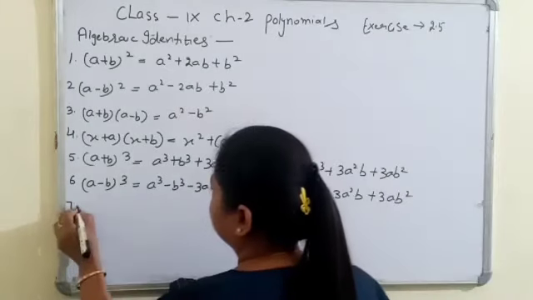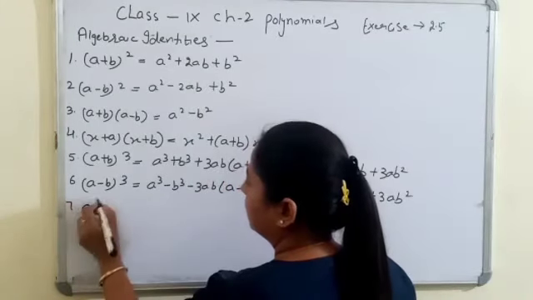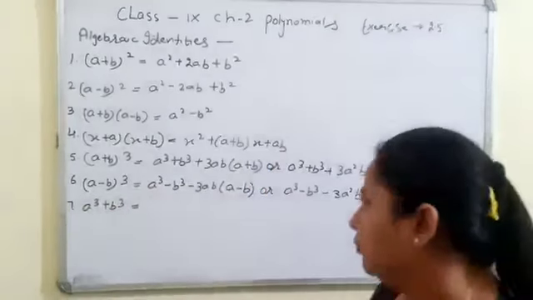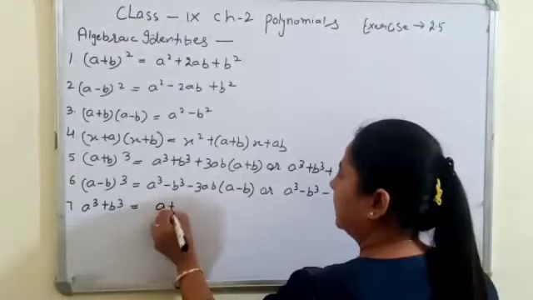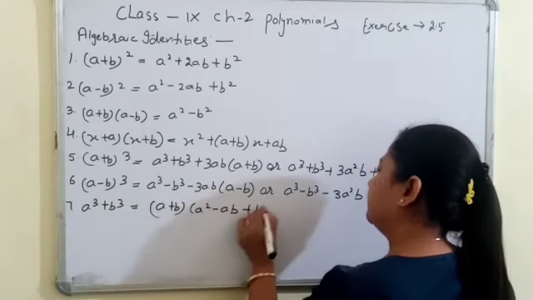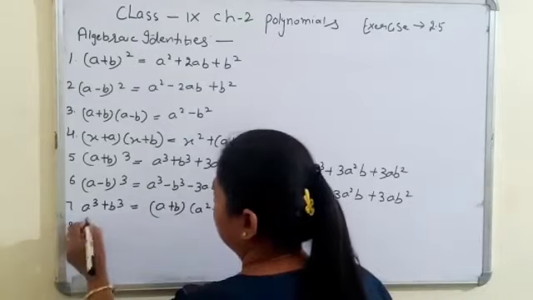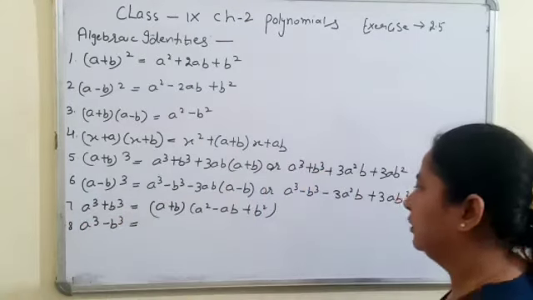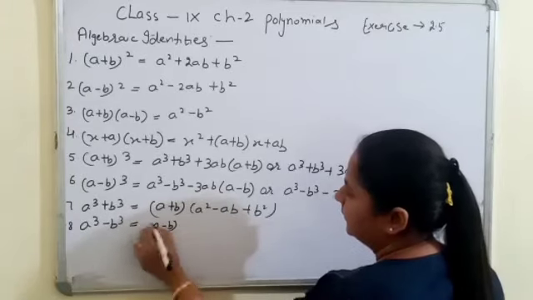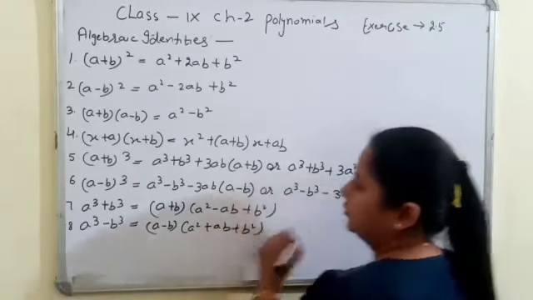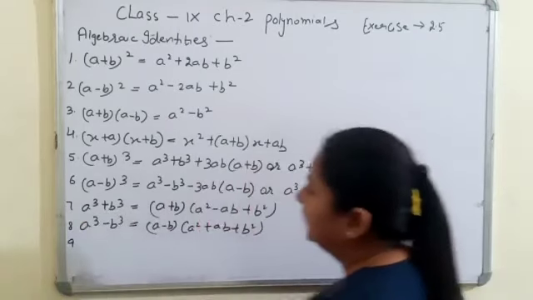Next is a cube plus b cube. A cube plus b cube is equal to (a plus b) into (a square minus ab plus b square). Eighth one is a cube minus b cube, which will be equal to (a minus b)(a square plus ab plus b square). Next is